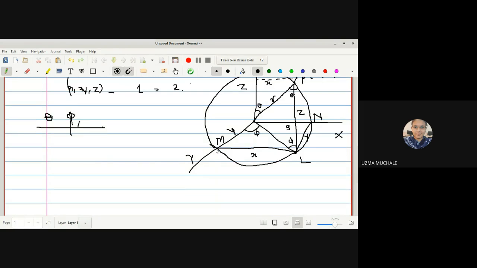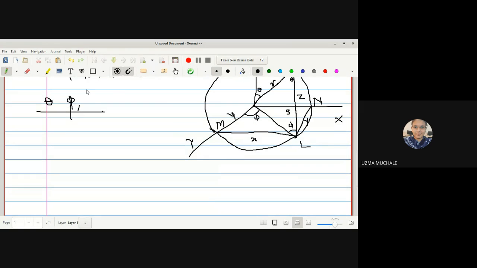Now here we have proved that theta and phi are the generalized coordinates. So we can assume theta and phi to be equal to q1 and q2, right? Now what is our next job? Yes, can anyone tell me what we have to do in the next step? First we have done the construction, then we have found the generalized coordinates. What is the next step?